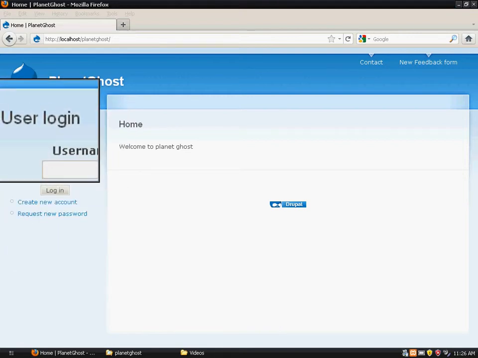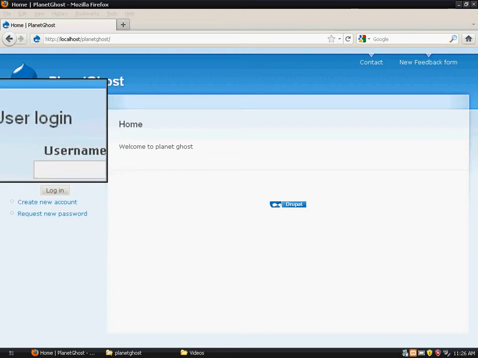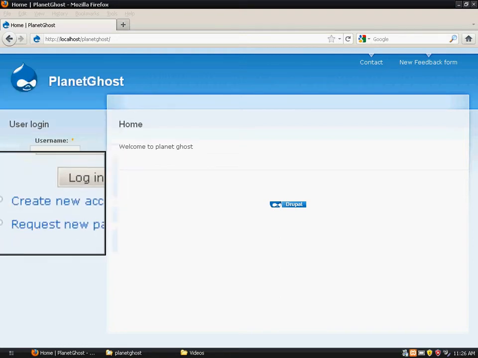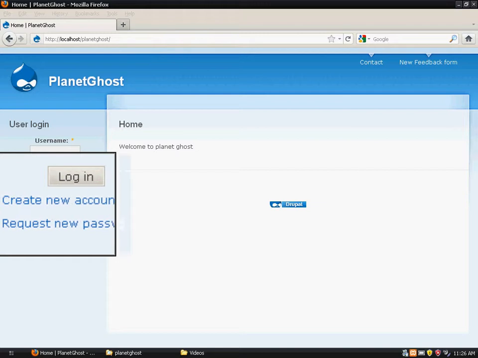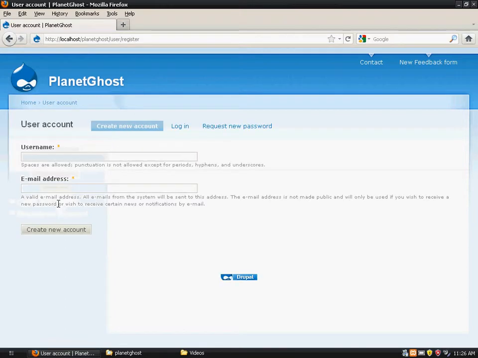If this is the login area for the administrator, why do we have these two links here, create new account and request new password? So this states that this login area is also for the particular member registering to your site. When we click on create new account, we get these two text fields.